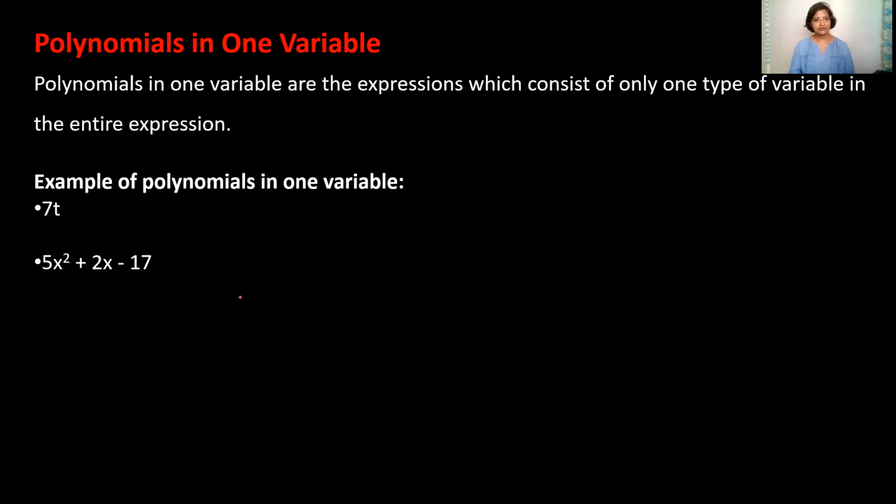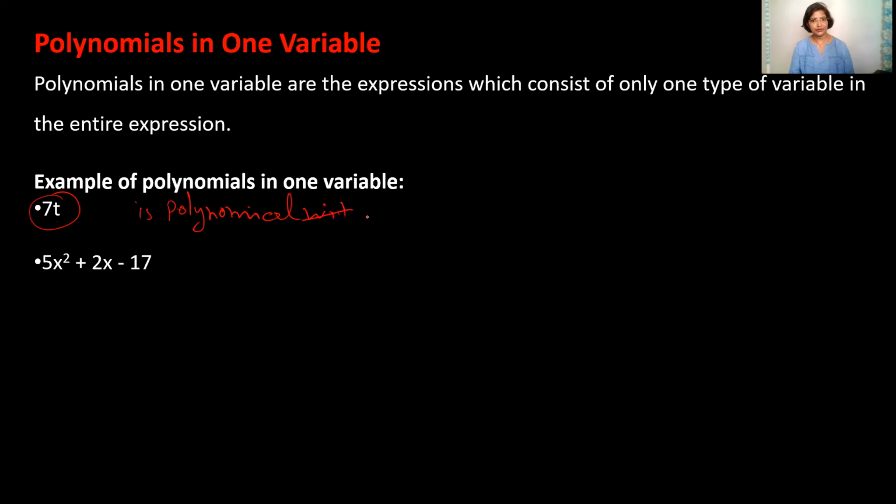Suppose here we have taken two polynomial expressions. So this is 7t. It has only one term, right? That is simple, you are using only one variable. So you can write here, this 7t is a polynomial